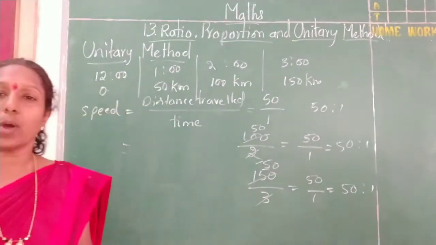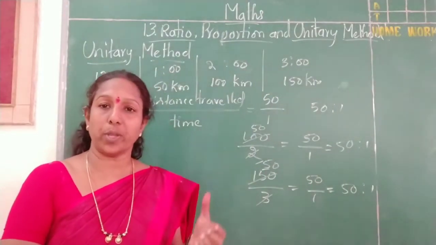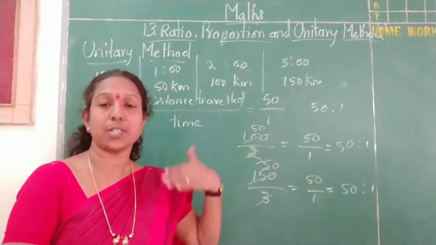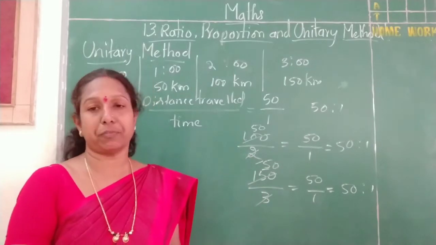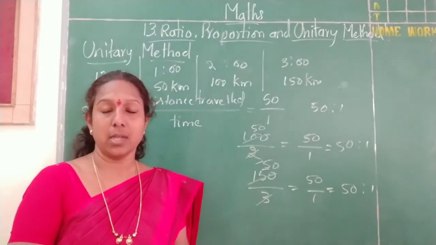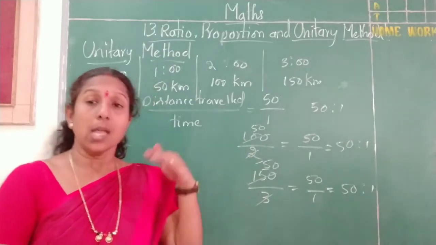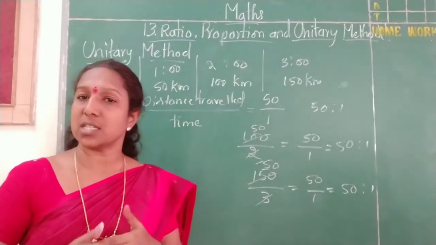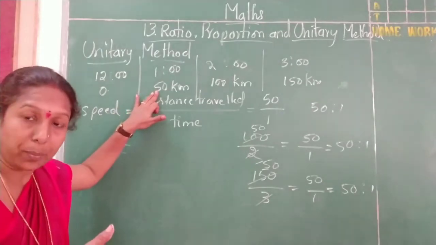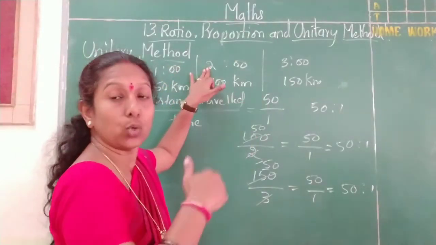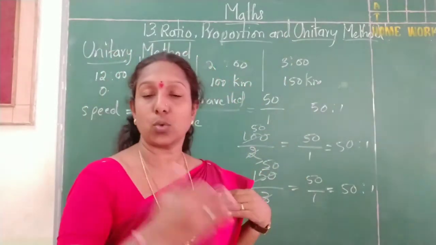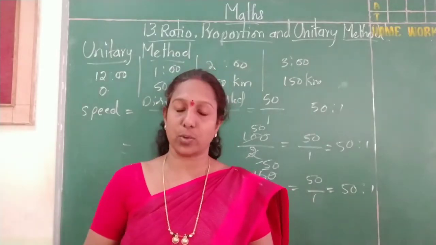It means here the car is moving in the same ratio. For 1 hour it is covering 50 kilometers. For the second hour again it is covering 50 kilometers only. So this is how the ratio remains constant here. And one more thing: as the time increases, the distance also increases. Correct? For 1 hour it covered 50 kilometers. Then the number is increased to 2 hours, so the distance also increased, and for 3 hours it is 150. So the hours are increased and the kilometers are also increased.